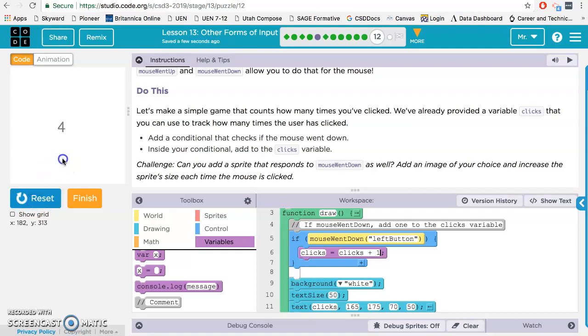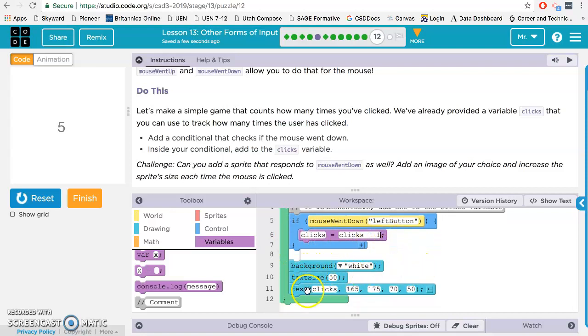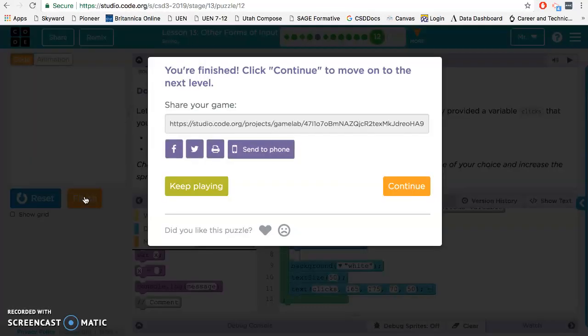Click, click, click, click, click. So every time I click, it adds 1 to the amount of clicks. And then it shows text, which is the number of clicks that you did. So that works. Let's go ahead and hit finish. And last one,